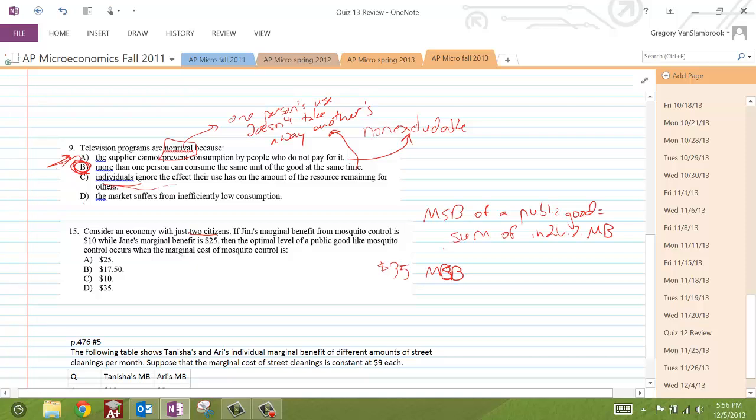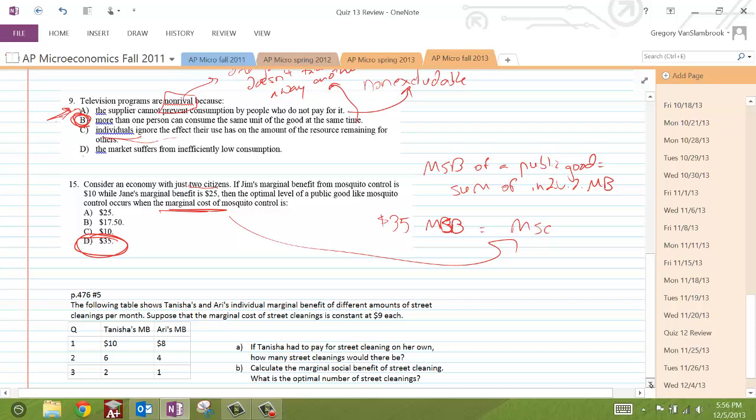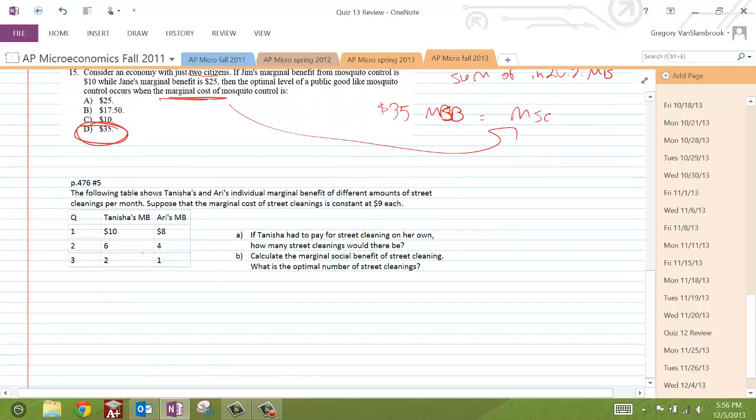Therefore, the optimal level of mosquito control, the optimal amount for society to spend on mosquito control, is where marginal social benefit is equal to marginal social cost. Marginal cost is equal to marginal social cost if you don't have a negative externality in play, which it doesn't mention here. So basically the answer is a simple $35, the sum of Jim's marginal benefit and Jane's marginal benefit. Pretty simple solution. It's one of those where you might look at it and think, is it really that simple? And yes, it is. So one where you have to do that in the context of a table,